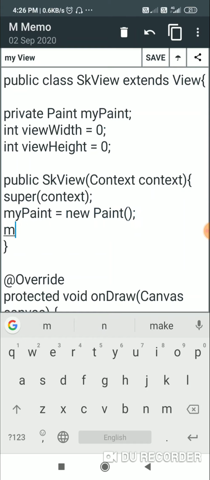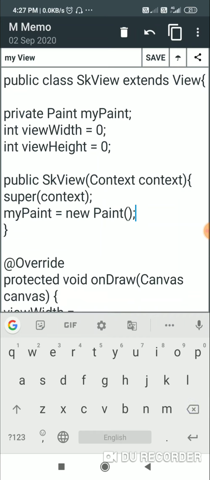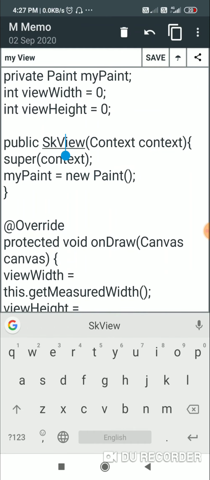Here I do not need myText. So this is the constructor public skView(context). When I have to create a new skView, I will write new skView, and here I will write the context, like getApplicationContext or MainActivity.this, or sometimes simply this. So that will create a skView.